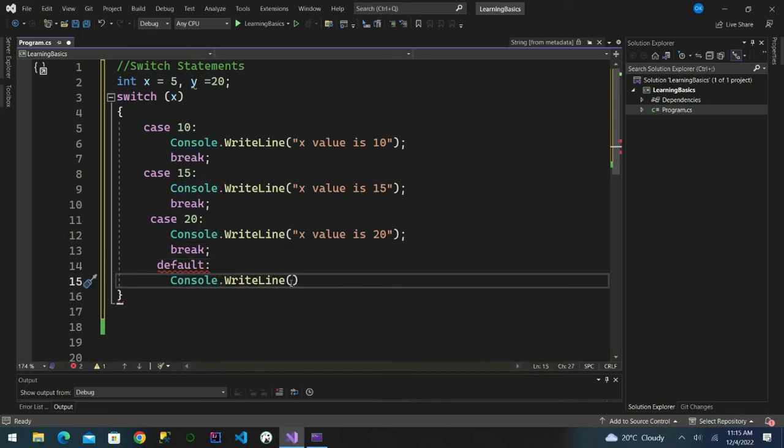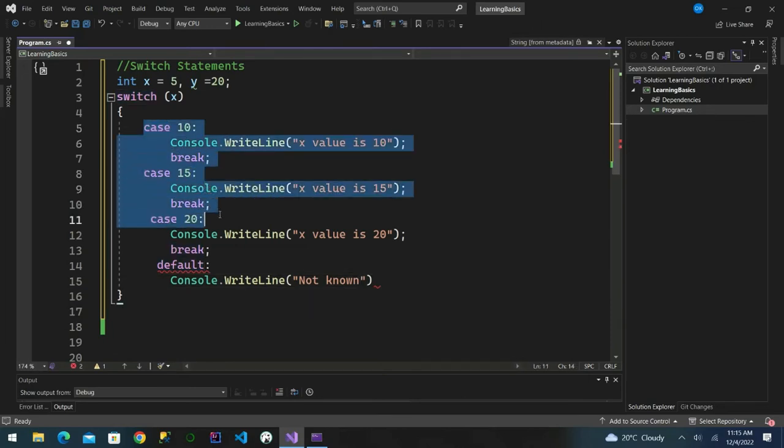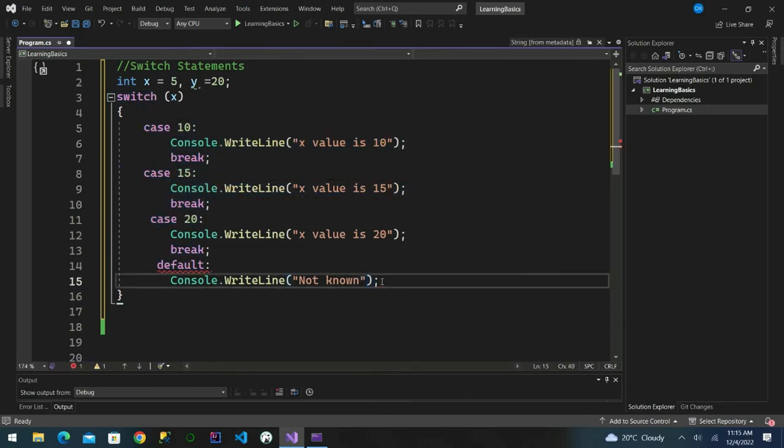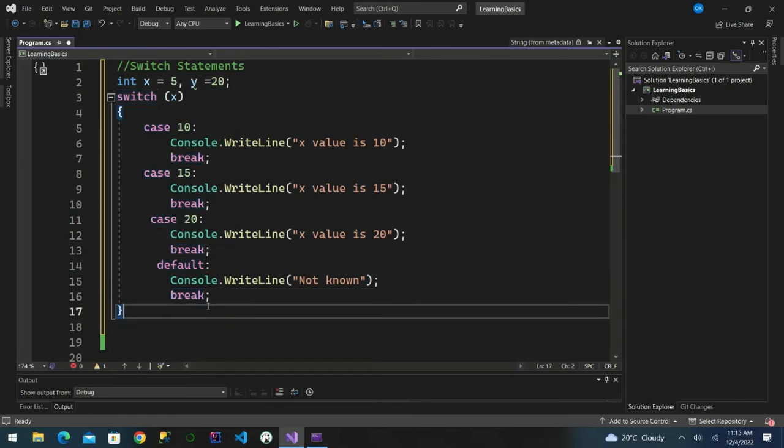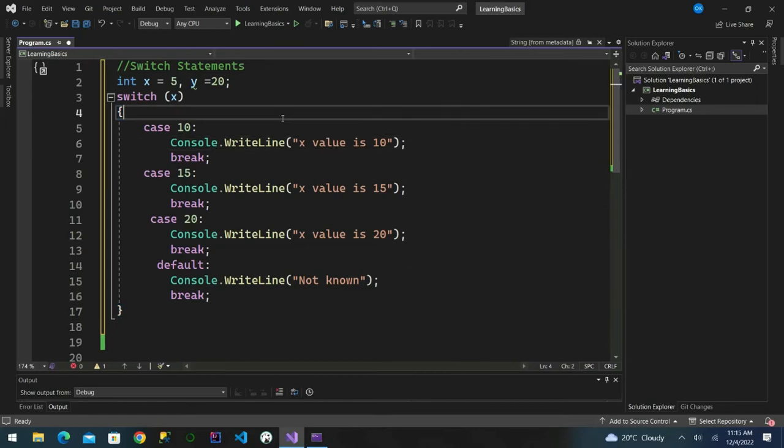So here we say not known. So it is not part of what we have seen inside this block. So we break this, then we end our code. So that is it. So if we execute this statement block of code,